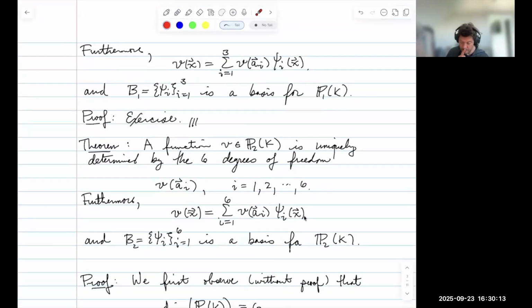And suppose now that we have the case where we have a polynomial of degree 2 over a triangle. Then that polynomial is uniquely determined by 6 degrees of freedom. It doesn't matter which 6 degrees of freedom I choose, but I'm going to choose them in a very specific way. I'm going to choose them as A1 through A6. And if you remember from last time, what that means is for our triangle,